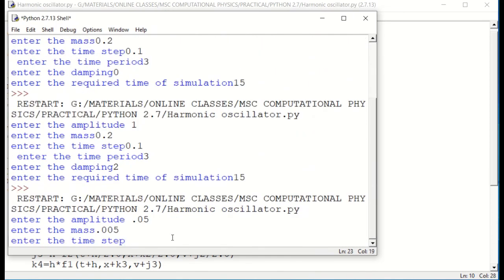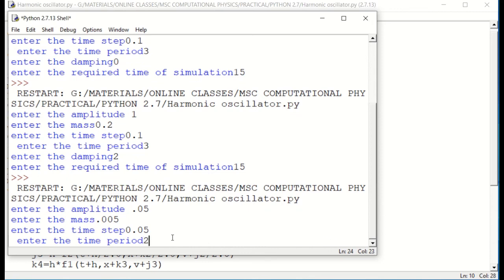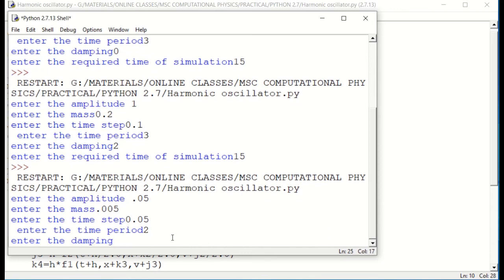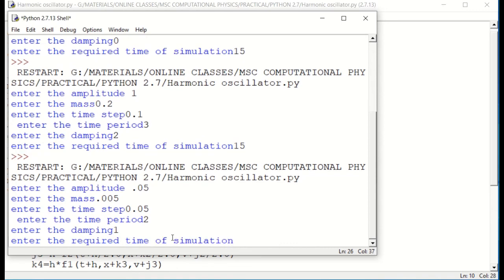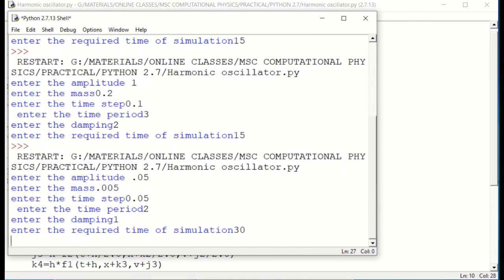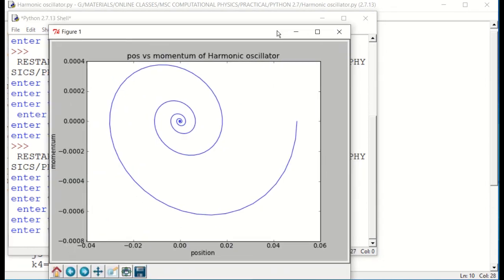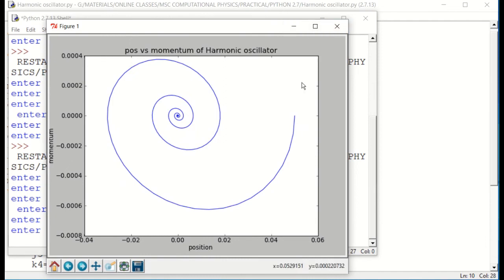Time step we'll choose 0.05. Now the time period, let it be 2 seconds. Enter the damping constant, let it be some 1. Time required for simulation, instead of 20 let us give 30 seconds. Okay, the plot is ready. Now you can see it spirals down. All right, good.